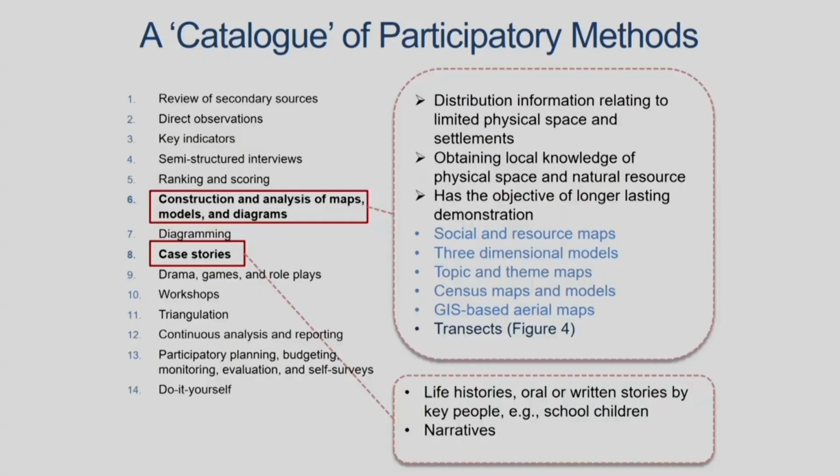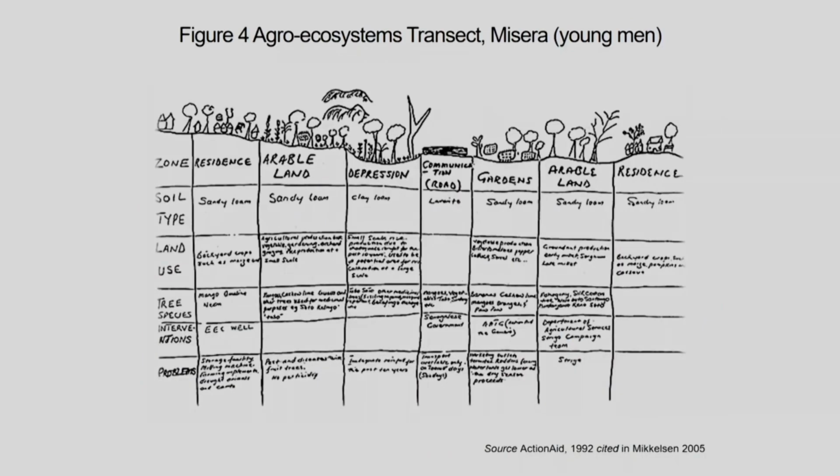Now, another item on the catalogue of participatory methods, which is a very useful one, is referred to as construction and analysis of maps. I have already referred to the social maps. However, there are various other kinds of maps which are also utilized. Let us say, for example, agro ecosystems transect. Here you would see, and this is something that was mapped by young men, where the zones are categorized under soil type, land use, tree species, what are the different kinds of